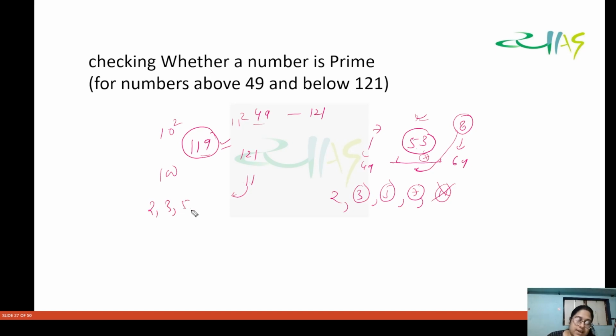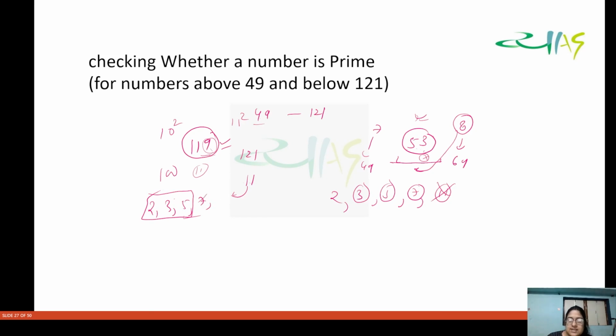ओके, किससे चेक करेंगे? 2, 3, 5, 7, okay, and the number less than 11 we have to check and those should be prime numbers। okay, so basically 2, 3, 5 से तो नहीं है, ये आपको पता ही चल रहा है because this is not 0, 2, 4, 6, 8। 3 से भी नहीं है because this is what 11 and 11 is not divisible by 3। 5 से तो डेफिनेटली नहीं है, तो सर 7 से आपको चेक करना है।